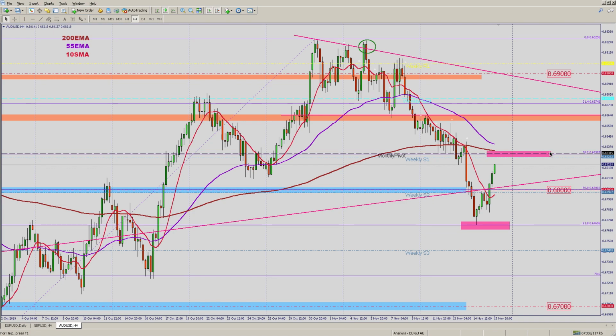So for the first part of next week, it's also going to be more of a consolidation phase, as there's also no major news apart from the release of the RBA monetary policy minutes on Tuesday, and on Friday there's some minor flash manufacturing and services PMIs as well. So if there's no fundamental reason to break out, then there's going to be a lot of consolidation, as with all the other pairs as well.